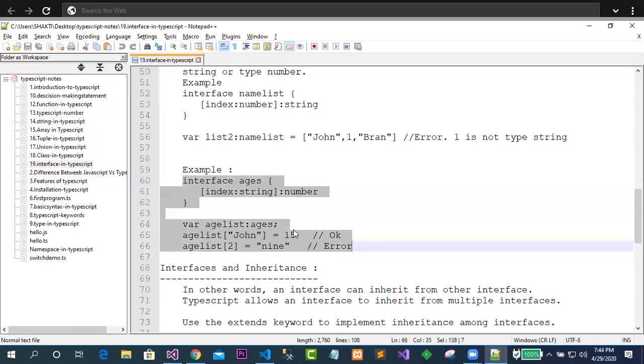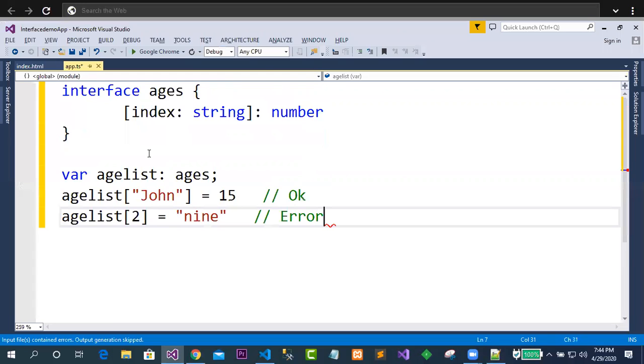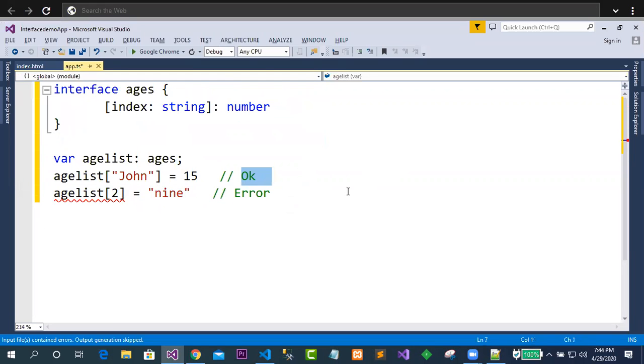I have to go for from this, and let me just paste here. What happened to it? It is suddenly giving you an error, but it is okay. Why is it okay? Because just see, the key is of kind string. Clear? Now this is the interface. This age list is now implementing the age edges interface. Suppose I'm just changing it to I. This is edges, so here is also I. Always remember, this should be the convention to name the interface.